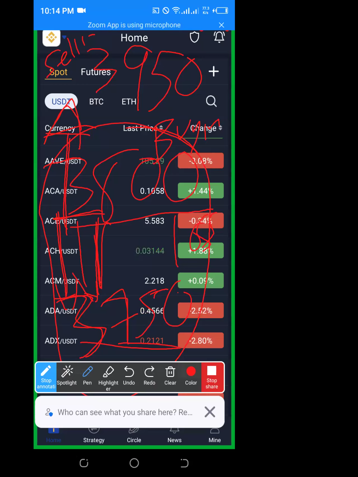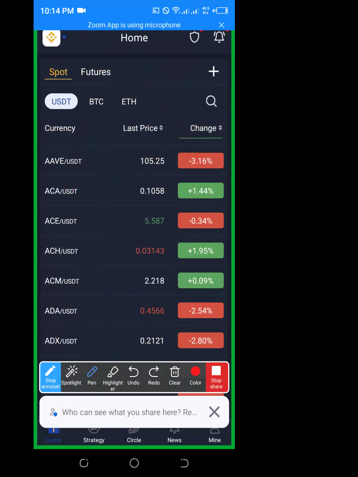Okay? If you are patient and you wait for the value of the asset to go up to this price, it means you sell from here. So if it reaches here, you make profits. But if it goes down to 3,750, that is a floating loss. Okay? Are you guys getting the concept?